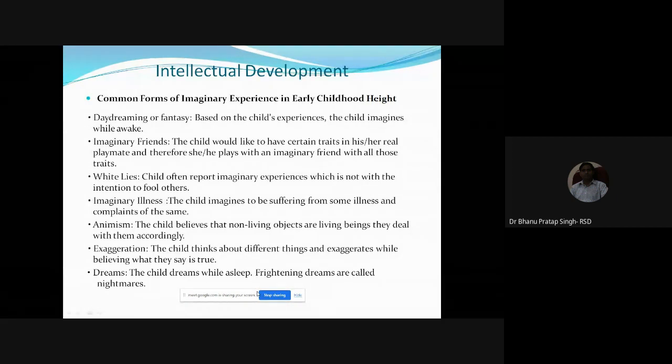There is a tendency that sometimes the child dreams in the day and creates some images. So based on the child's experience, the child imagines while awake, in this fantasy,